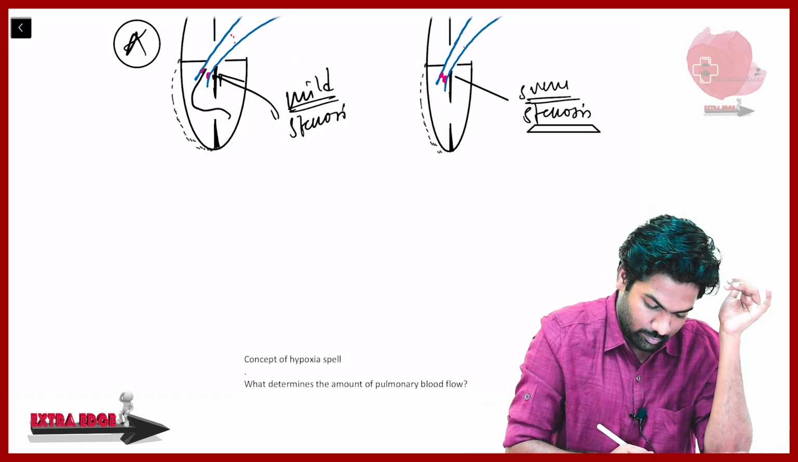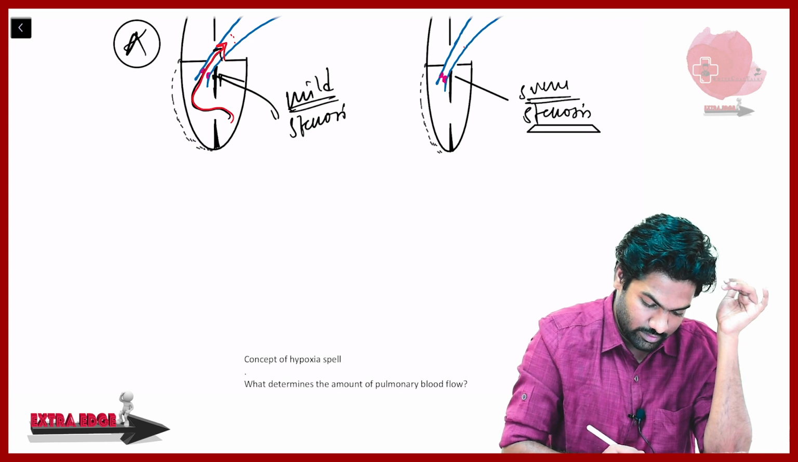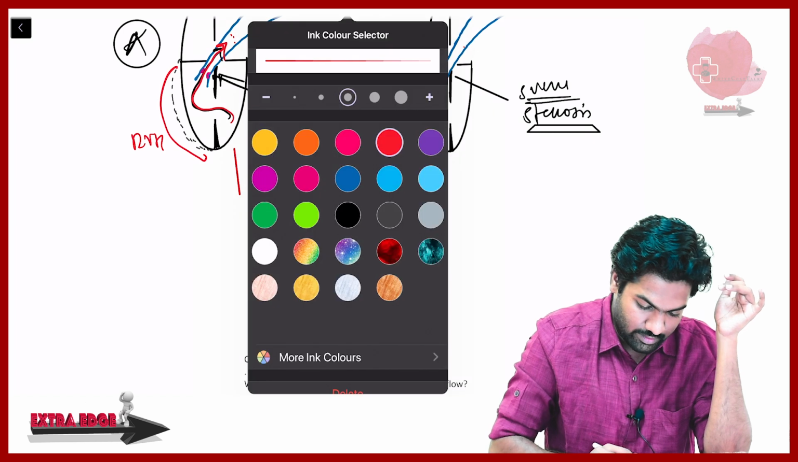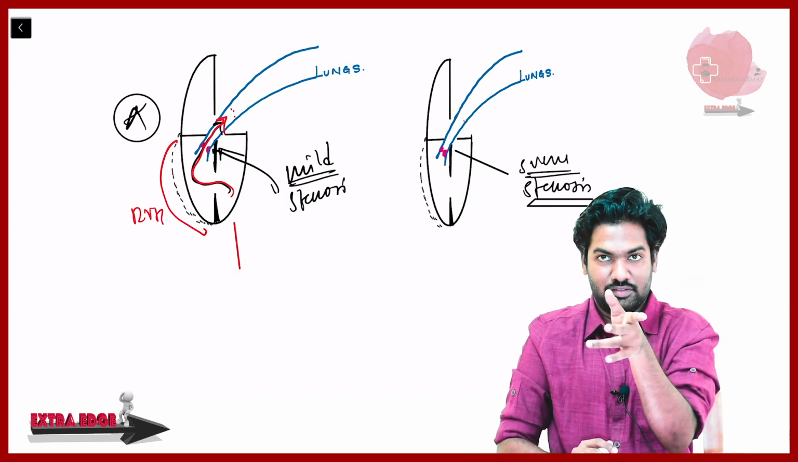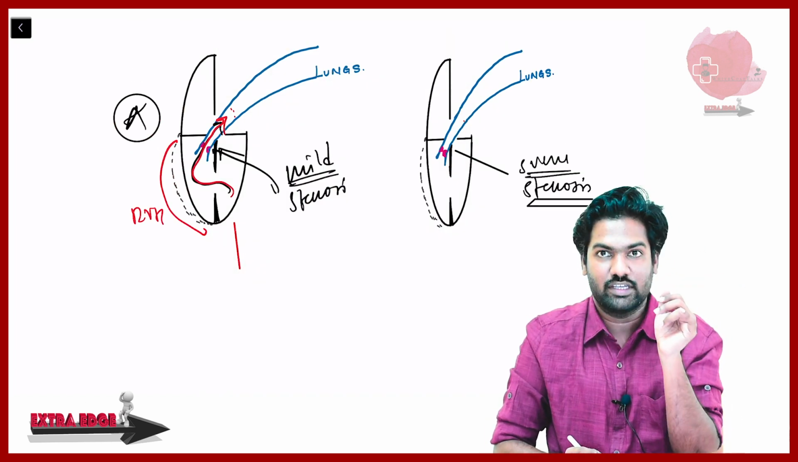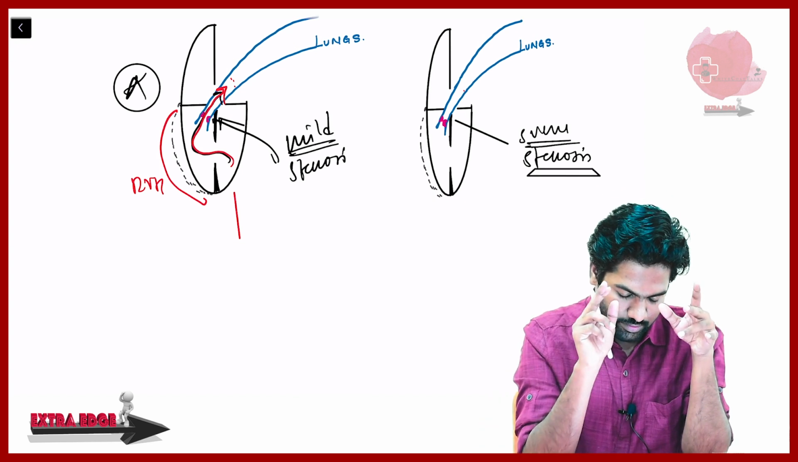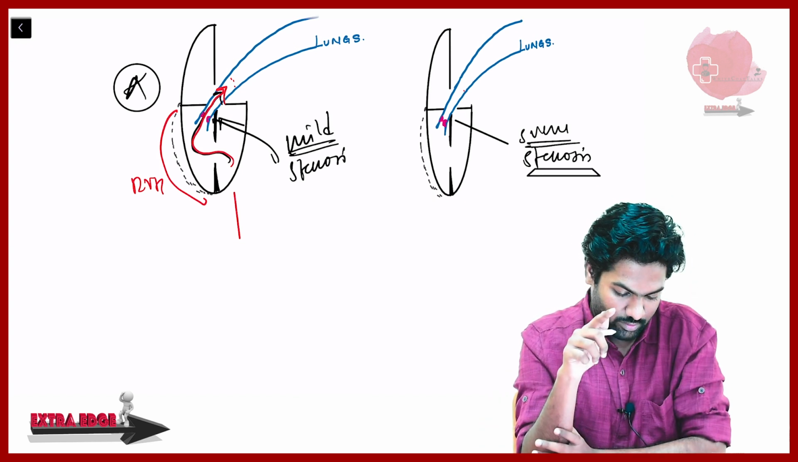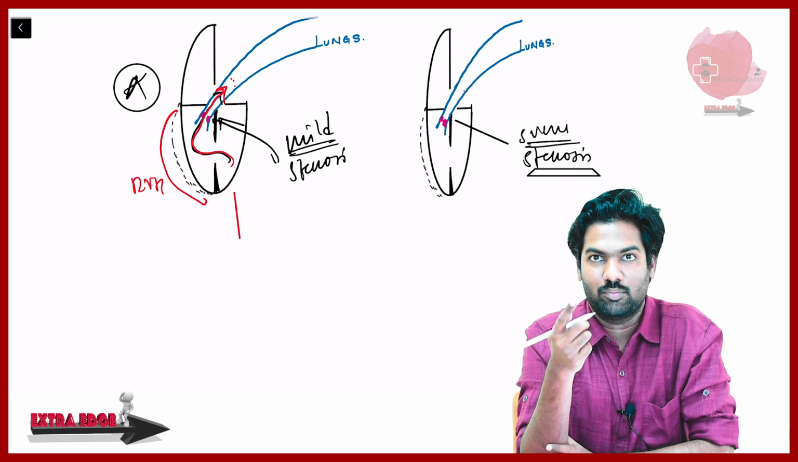Mild stenosis, the blood can easily go like this, and this right ventricular hypertrophy has also occurred. And another thing which I'll tell you here, which will be helpful for us to differentiate here. I have to tell you one point: now the moment the blood is going in excess into the pulmonary artery,